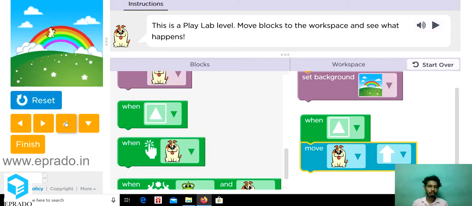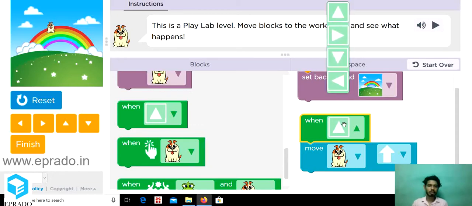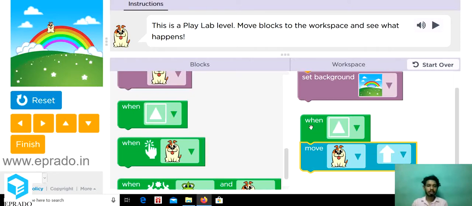You can see now, I have chosen this control block. It contains the control button, and whichever button we want, we can choose. I am choosing the up arrow and the action block. This action block contains which sprite, that is, which image we want to move, and the direction of movement. This block provides only one step in that particular direction. So whenever we press the up arrow on the screen, the dog moves upwards only one step for one click.